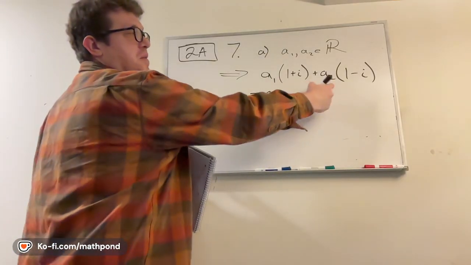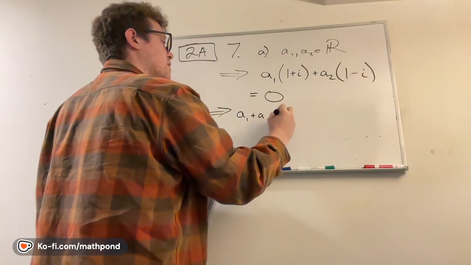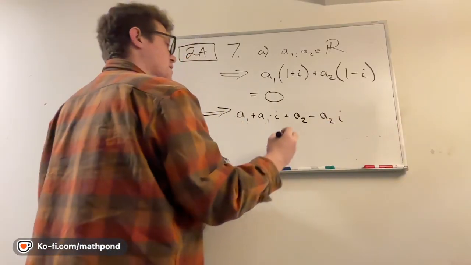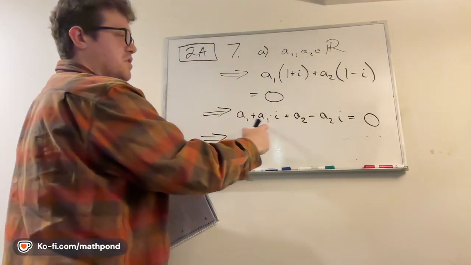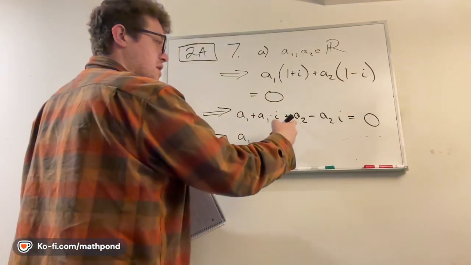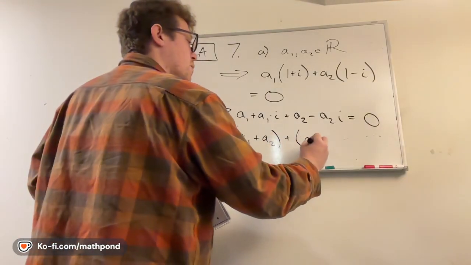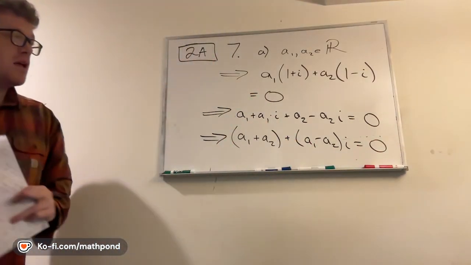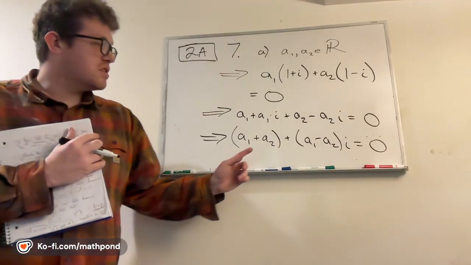If I use the distributive property, this is just a1 plus a1 i plus a2 minus a2 i equals 0. So now I'm going to pull all the real and imaginary parts together. So a1 plus a2 is the real part, plus (a1 minus a2) times i is the imaginary part. And so now you see that the only way this is 0 is if